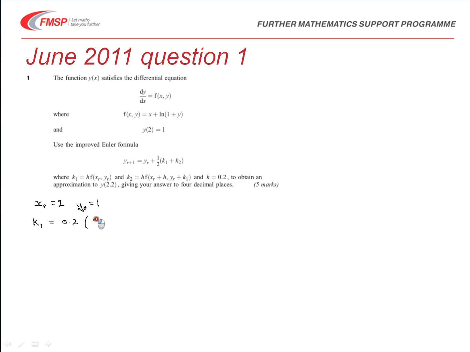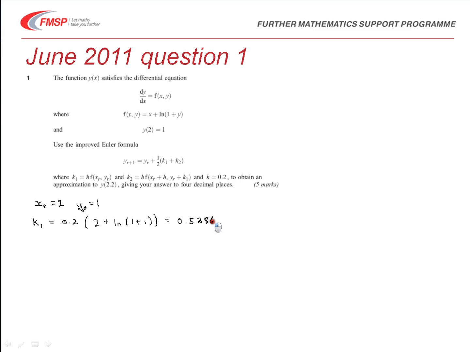So x is 2 plus ln of 1 plus the y value, which is also 1. We can then put that through our calculator and work out that the value of k1 is 0.5386,